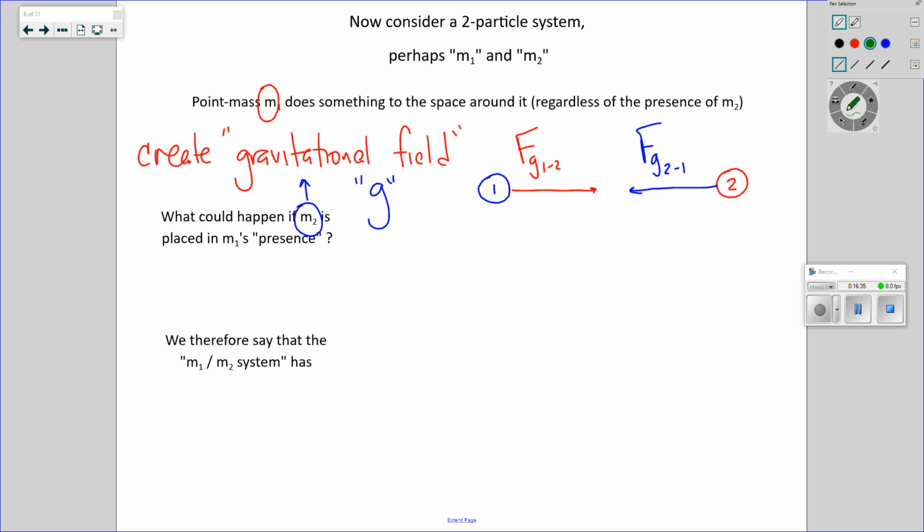And you have heard this before, my people, but regardless of anything, those two forces are the same size. They are what we call equal and opposite. That is Newton's third law. So who cares how strong or how much mass each one of those objects has? They exert forces on each other. By their nature, those forces must be equal and opposite. So what could happen? What does happen is these objects exert forces on each other. What could happen is, quote, maybe